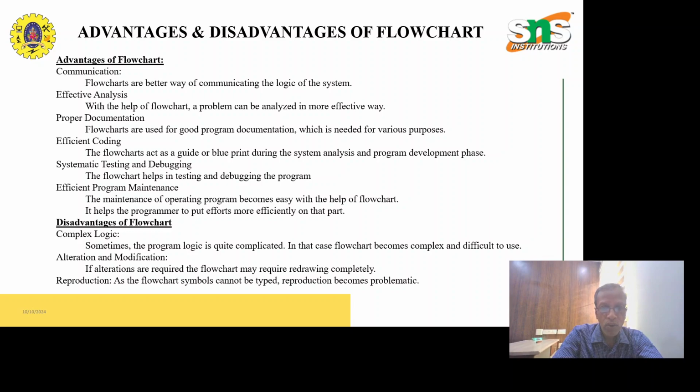If alterations are required to the flowchart, it may require redrawing completely. Reproduction is problematic as the flowchart symbols cannot be typed, and reproductions become problematic. Once again,